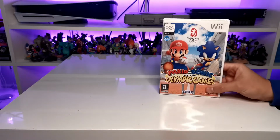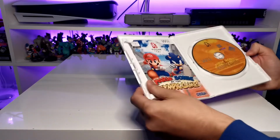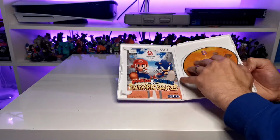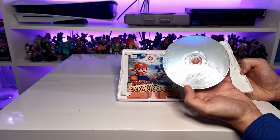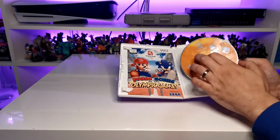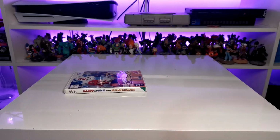So first up we have Mario and Sonic at the Olympic Games, and this is nice and complete in box. Pretty decent disc as well, actually, this one. Give it a bit of a clean. A couple of scratches on there. You can actually see where I've wiped it. I need to do a better job of that. But yeah, these all work. I have tested them. We also have